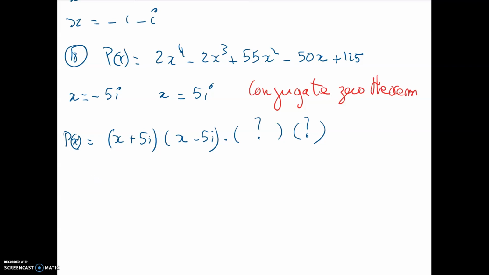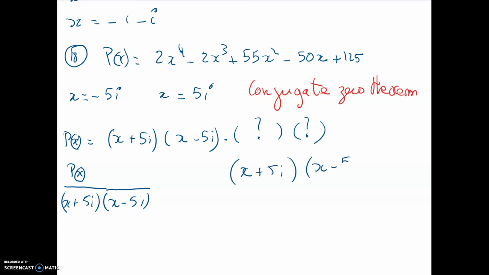If I want to find the two parentheses, I will have to divide my polynomial p of x by x plus 5i times x minus 5i. The best thing to do is to look at x plus 5i times x minus 5i